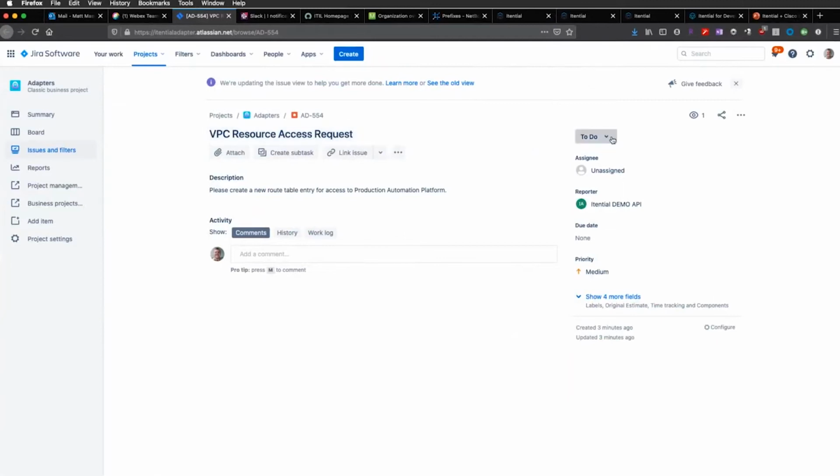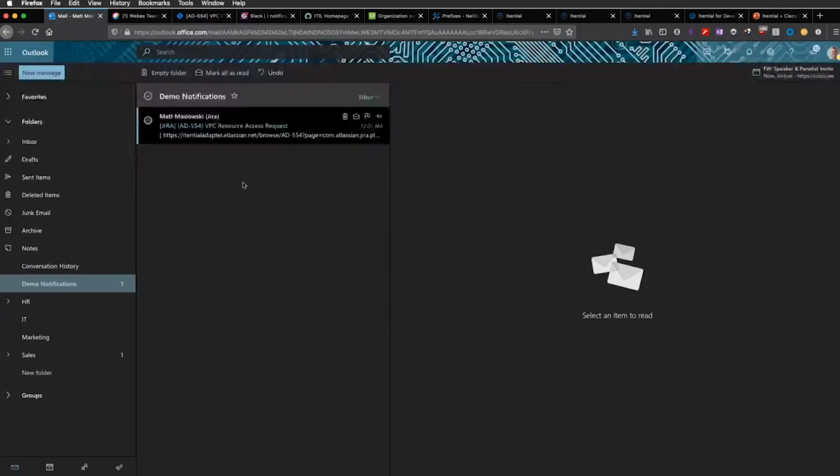External integration through an adapter, and an example of a ticketing system such as Jira. Let's kick that off, make the ticket and request in progress, and then keep that going. Also, for the people and teams, engineering teams, DevOps teams, if they use email as their messaging and notification platform, that notification can also be sent as an email. So you have a plethora of different things that you can incorporate in the